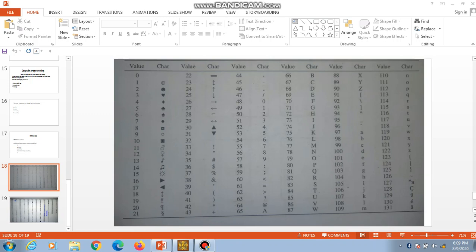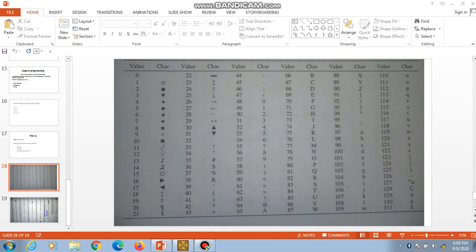So I'll give you a trick via which you will remember other values. Now we need to know the value of small a, so you don't need to memorize anything, just keep in mind the value of 65 is capital A. Now we know alphabets are 26, so 65 plus 26 is 91, so Z will be 90. Okay, so the last, 90 is Z, right?